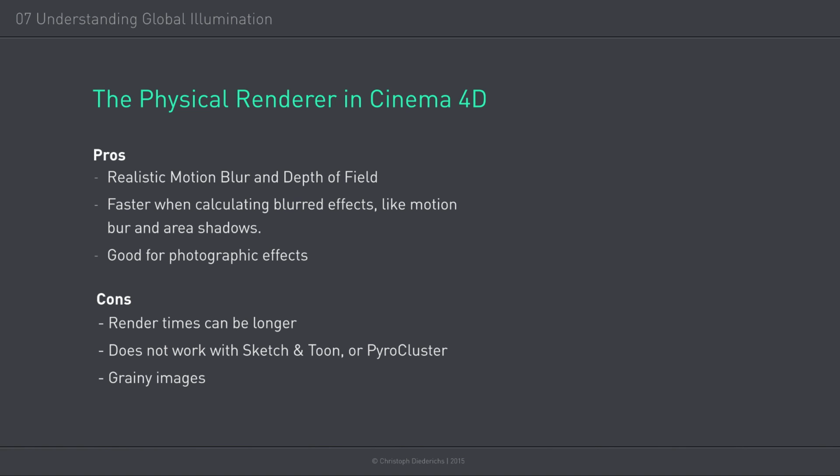but still, if you use motion blur and depth of field with it, it's still faster than using depth of field or a motion blur with the standard renderer. Also, something like depth of field is actually really hard to do with the standard renderer. You basically need to do that in the post by using so-called depth maps. There are also a few other downsides: you cannot use it with Sketch and Toon or Pyrocluster or a few other things in Cinema 4D. So when you want to use those, you are stuck with the standard